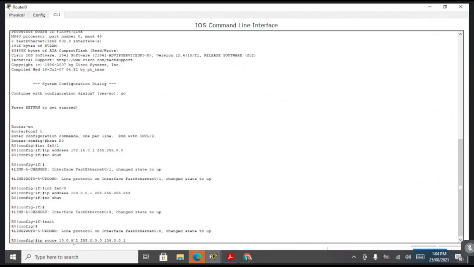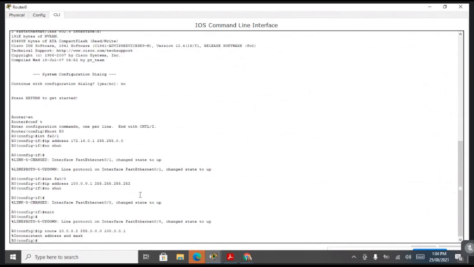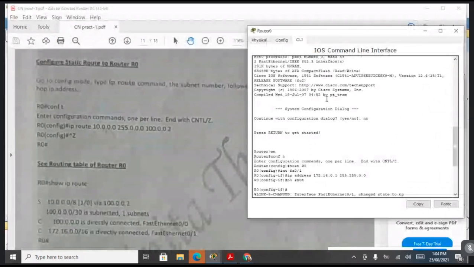Okay, so these are the three inconsistent address and masks.